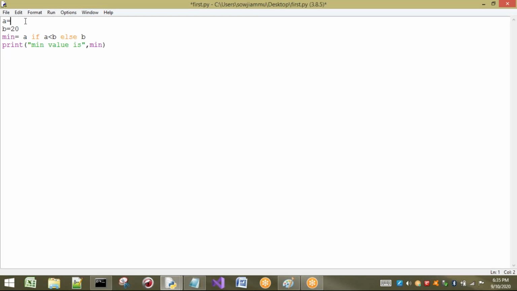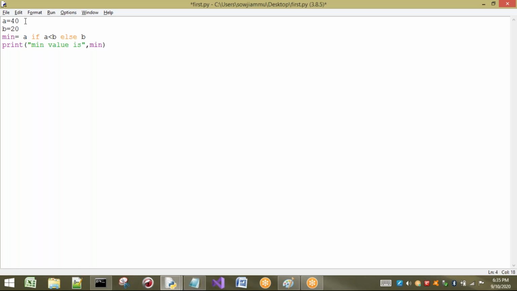So I will change the values here now. I will make this a 40 to make the condition different. Now what happens? What should be the output of these two numbers? It should be 20. So how is this condition going to be executed? If A less than B, is A less than B? No, then it will not go to this one. It will go to the else case. So else case means B value is going to be stored in min. Then I'm going to print that value.